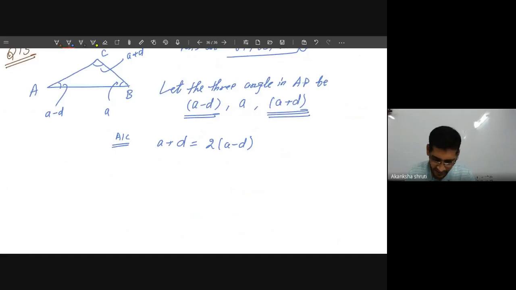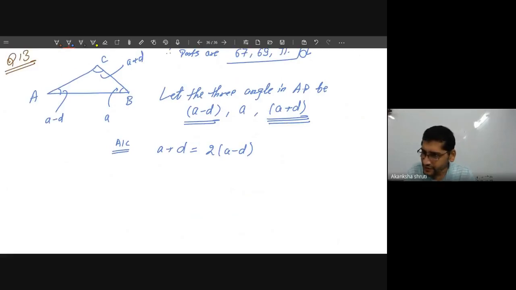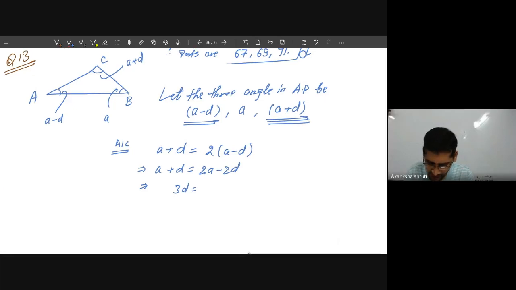Then how to get it? For that you already know in a triangle the sum of all the angles is 180 degrees, means it is always available with you. So that can also be used to calculate the other unknown. But applying the first condition, here we are getting A plus D is equal to 2A minus 2D. Bring all the D on one side. So 2D becomes 3D. Bringing this on this side, 2A minus A becomes A. So A is 3 times D. It is one relation.